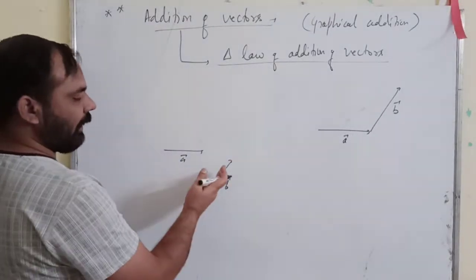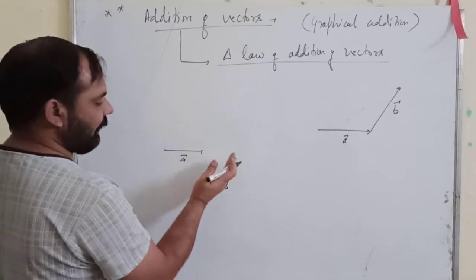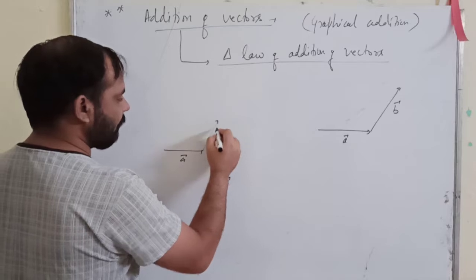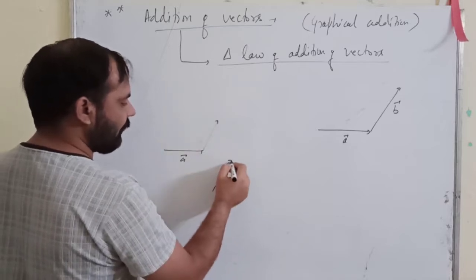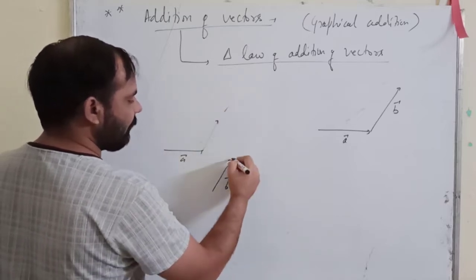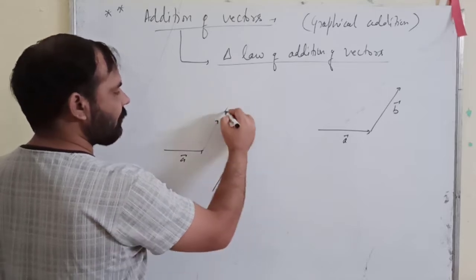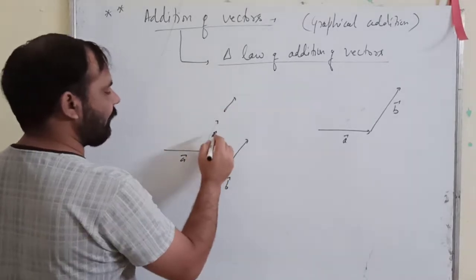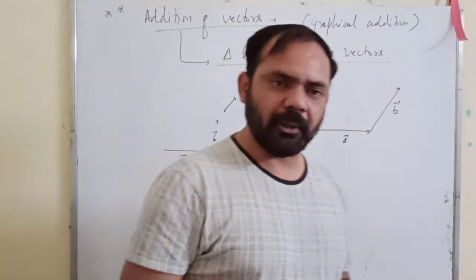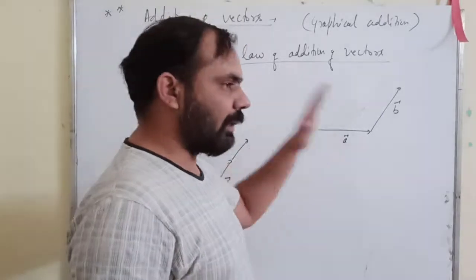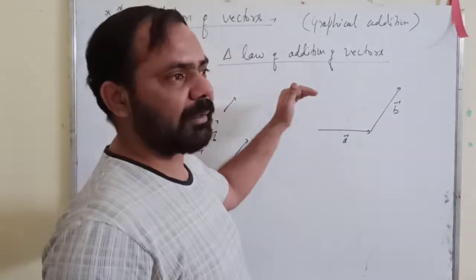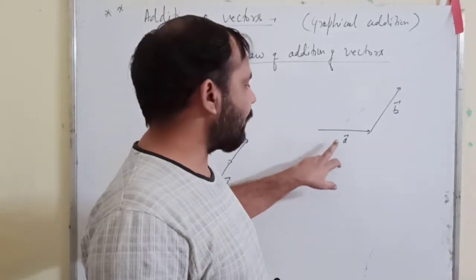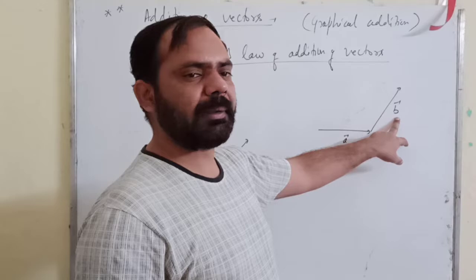If it is like this, then I told you yesterday that you can always shift the vector. You can bring this vector here in such a way that its length is equal to the length of this vector, and the direction should be the same. Then you can replace the vector here. Now you can add them. So what condition do you have? You will have to remember this triangle law of addition of vectors is applicable when the head of one vector is touching the tail of the other vector.